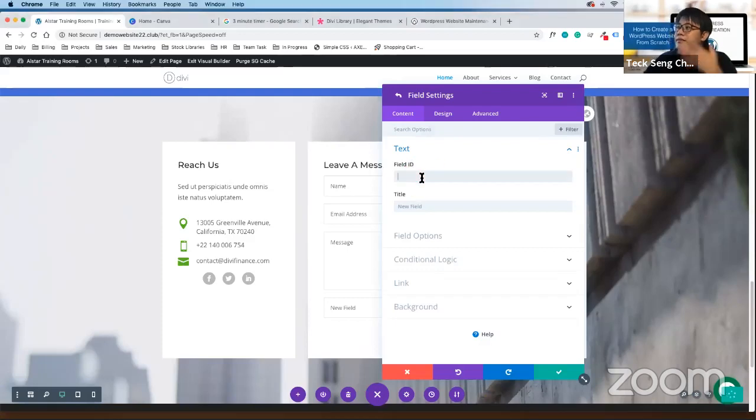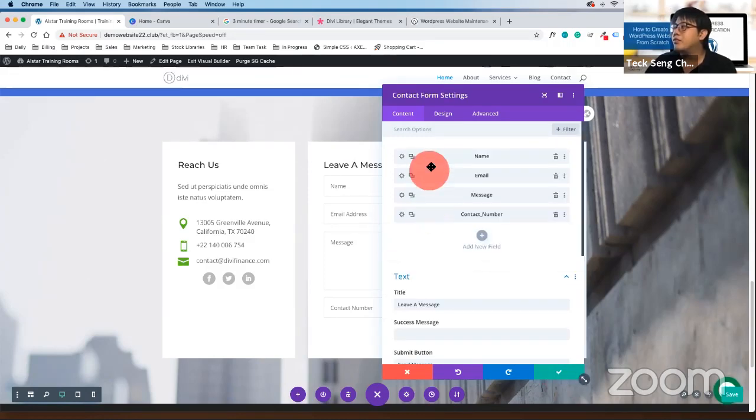Same thing. This field ID, we call it contact number. I think this one we've done before already. The title also we call contact number. Now we are done with the field. Add new field already, click on the green tick.